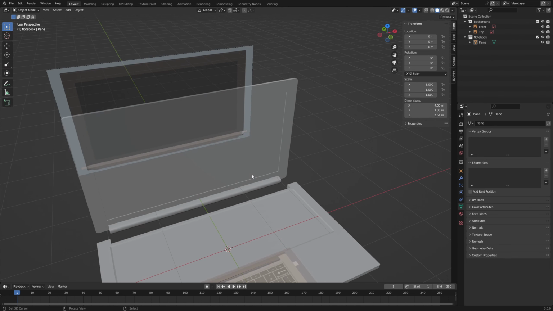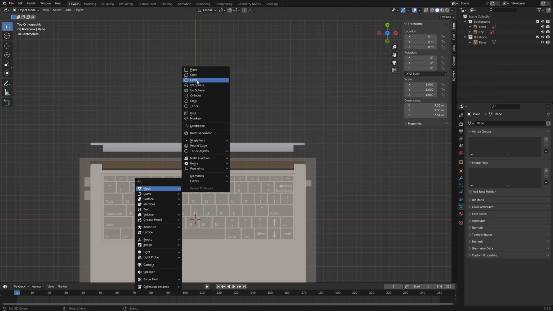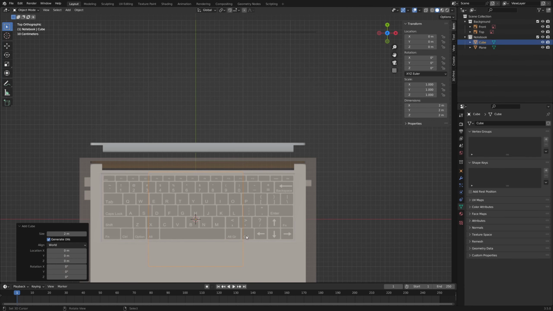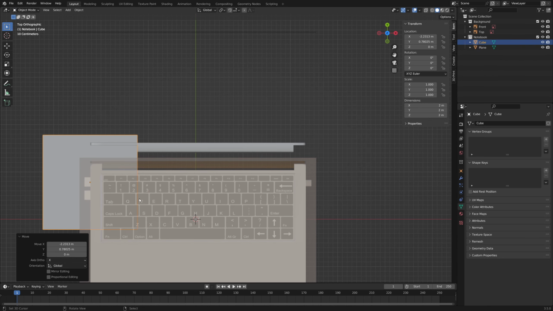We go back to Object mode, and with 7 on the numpad we go to the top view, and with Shift A we add a cube and we move it to this direction above this little square here. This is a USB port, and with a Boolean operation we subtract this cube from the original object and create